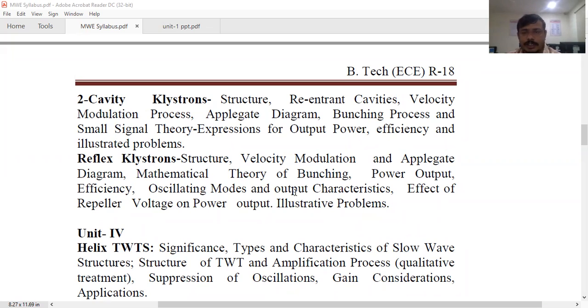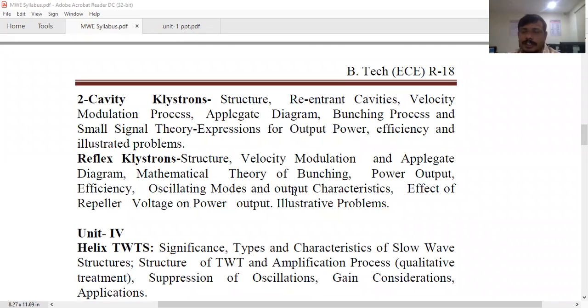Modulation is nothing but the characteristics of the carrier signal being varied according to the amplitude of the message signal. In our case, with either our Klystrons or our traveling wave tubes, we are using electrons as our carrier. We generate an electron beam, and the electron beam is our carrier. The velocity of the electrons is varied according to the amplitude of the RF signal input, or it is generated internally. That velocity variation is called velocity modulation.